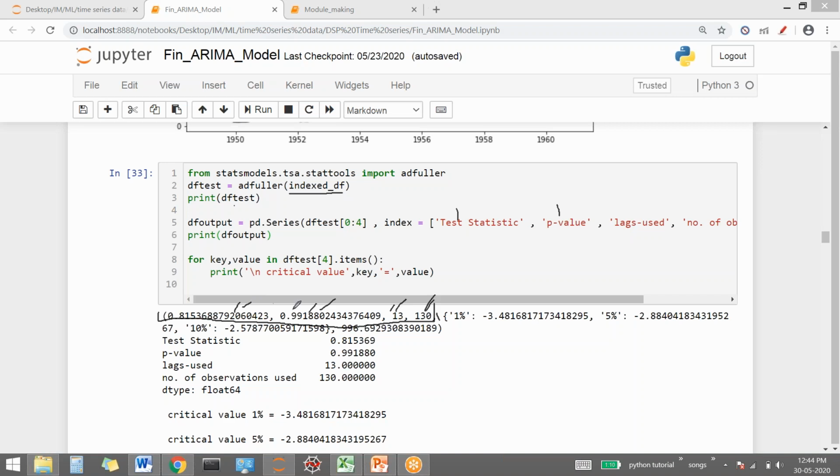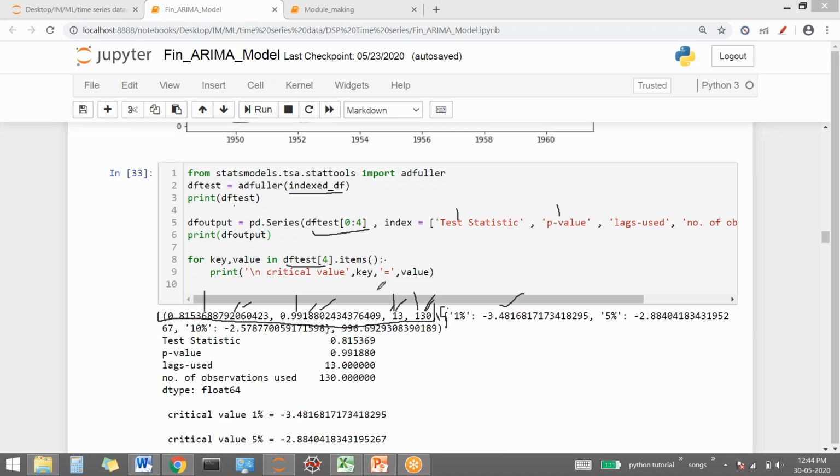After that, what about this dictionary? This dictionary gives you much more statistical information, and because it is a dictionary, we have to use a dictionary way in order to iterate over the values. So for key value in DF, see, this had a range from 0 to 4. This was 0, this was 1, this was 2, and this was 3. 4 is the upper bound, so my initial values got included. The fourth value, which was this dictionary, is iterated by this one. So that's why I've written here DF test and square brackets 4 in order to access this dictionary part.